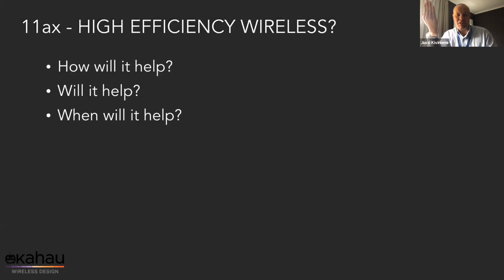When the iPhone hits the shelves with AX. The earliest possible point that they will start shipping iPhones with AX is September next year, when the next iPhone will be launched. And maybe that one doesn't support AX, so it will be a year after. So it will be like 2020 when they will start really hitting the big numbers. Then it's already pretty close to AX Wave 2 plus 6 gigahertz. So to me, it's one of those don't hold your breath type of situations.